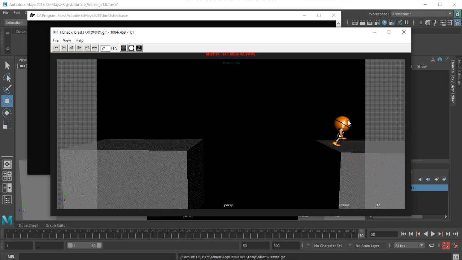Line of action is a line that runs through the length of the body, and that defines the action of the character. So if I really put this character like this at this point, instead of putting it like this, that doesn't make any sense, or it doesn't give you the feel of that. So line of action is that.